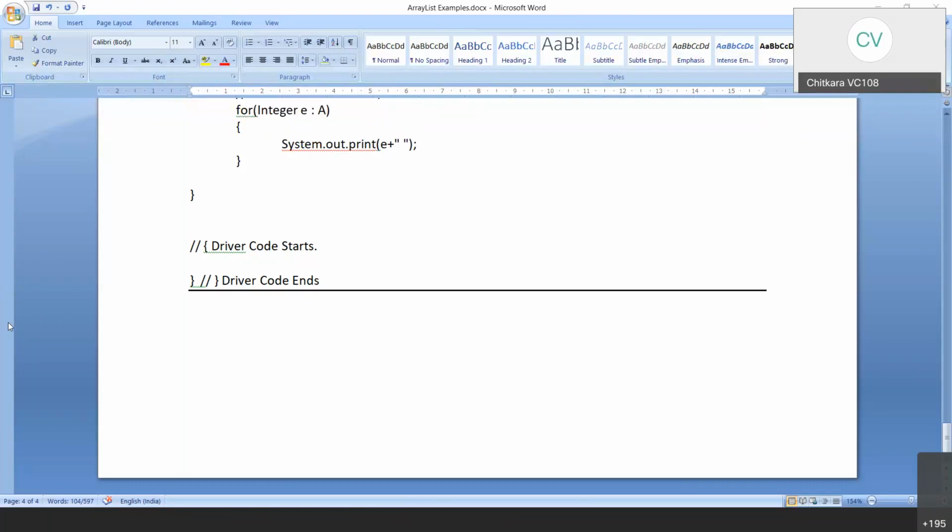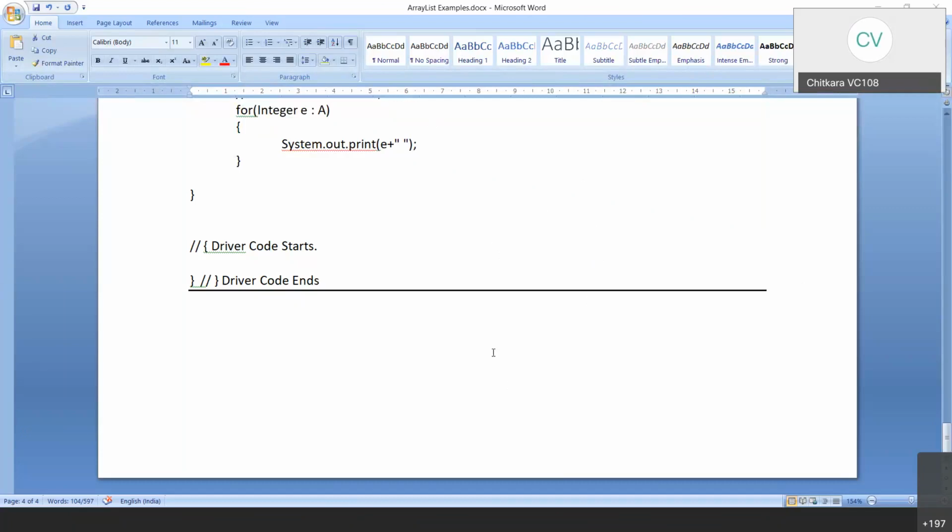Understood? My second test case is n is equal to 3. These are the contents of the array, and 3 2 1 should be displayed. If you look at the code window, see what they have done. They have taken an array of n elements and accepted the data in this particular array.